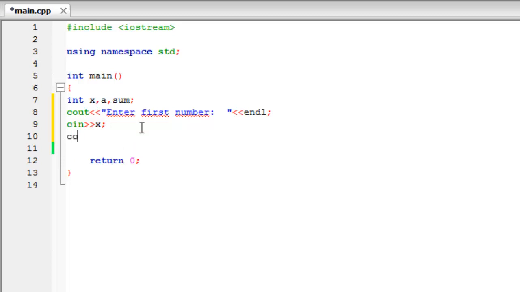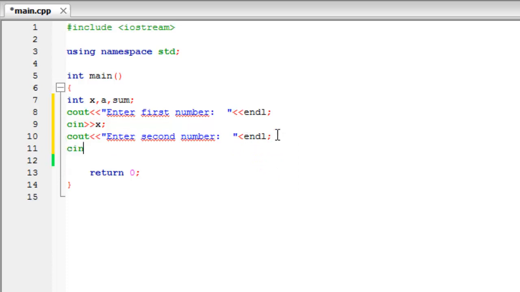Now let's type another cout like this, enter second number, okay? And endl, just to end the line. Okay, now we type another cin, and this time enter the value in A, like this. So what will happen till now? Let's just run the program, see what the program does. I'm sorry, oh, here it is, a mistake here. It needed 2 arrows, I just wrote 1. Okay,